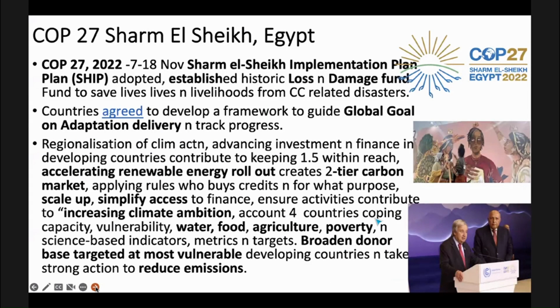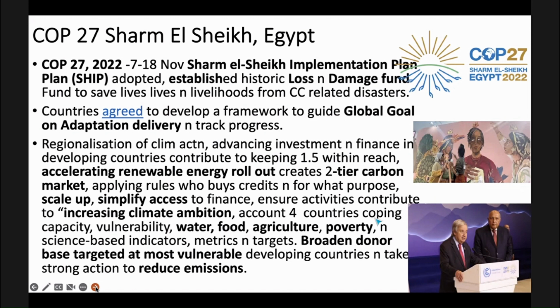Sharm El-Sheikh, which is the country where I currently live, adopted the Sharm El-Sheikh Implementation Plan, SHIP, and established a historic loss and damage fund to save livelihoods from climate disasters. It agreed on guiding the global goal on adaptation, delivery, and tracking progress. It talked of regionalization of climate action,